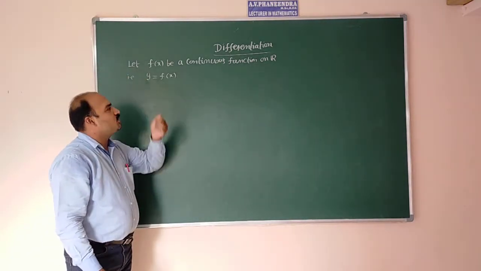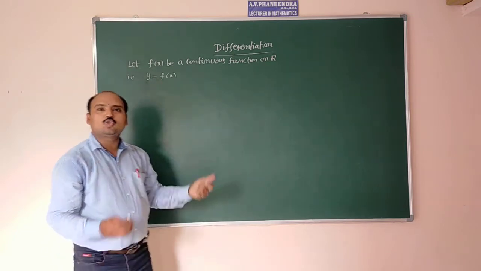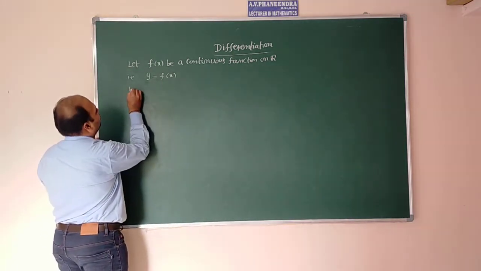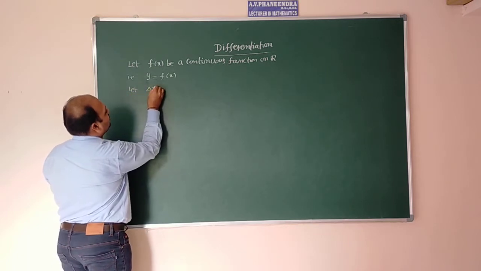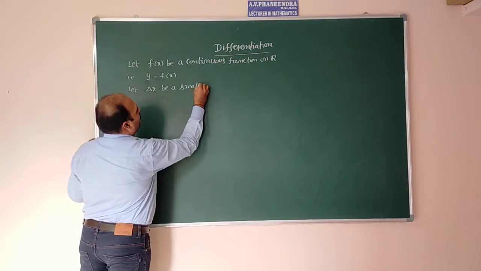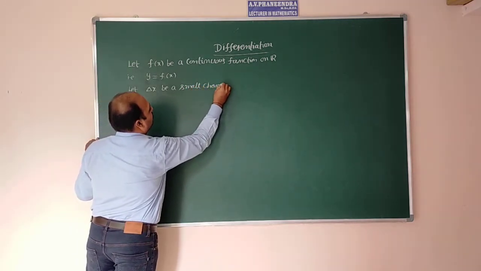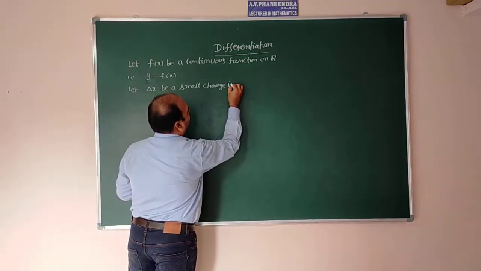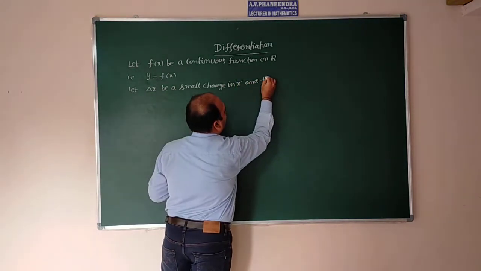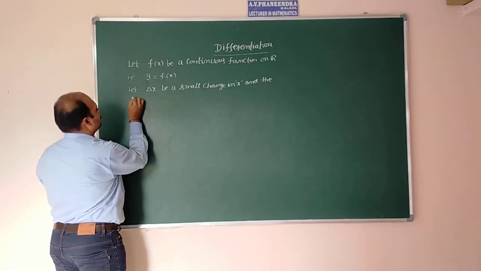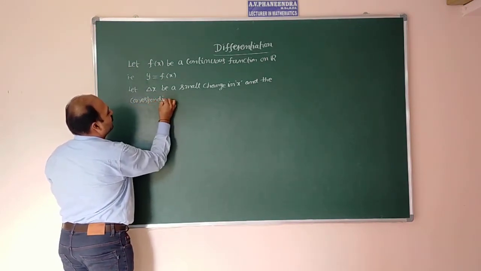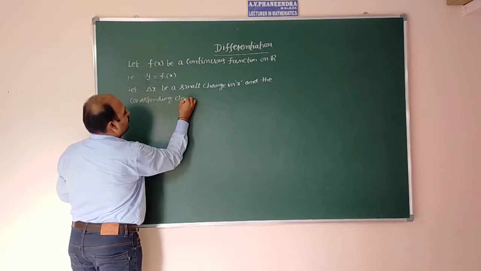After taking y is equal to f of x, x and y are two variables. So in x variable, let delta x be a small change in x, and the corresponding change in y